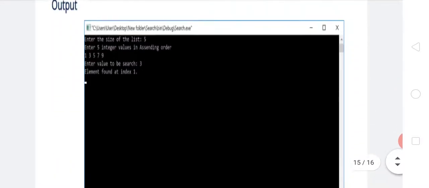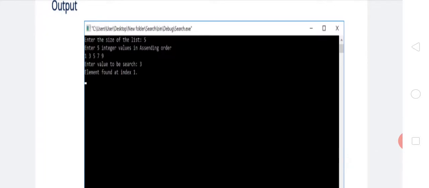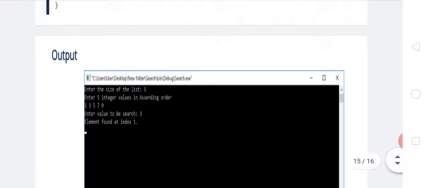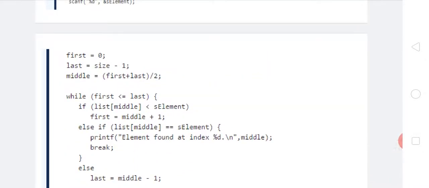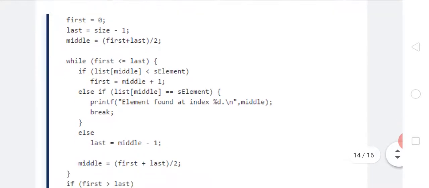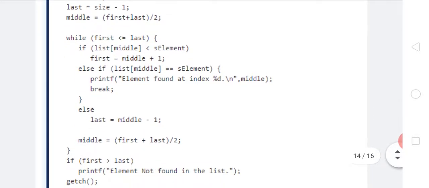Now see the output. The entered search element is 3. Means if list of middle, which is 5, is less than the search element, which is 3? Yes, the condition is false. Then it directly goes to the else condition.